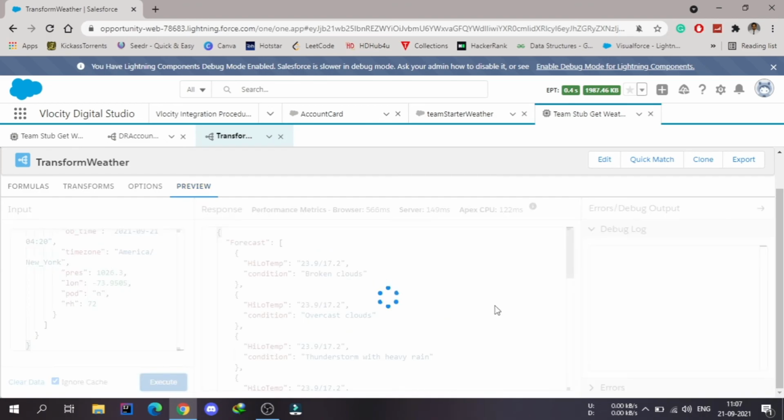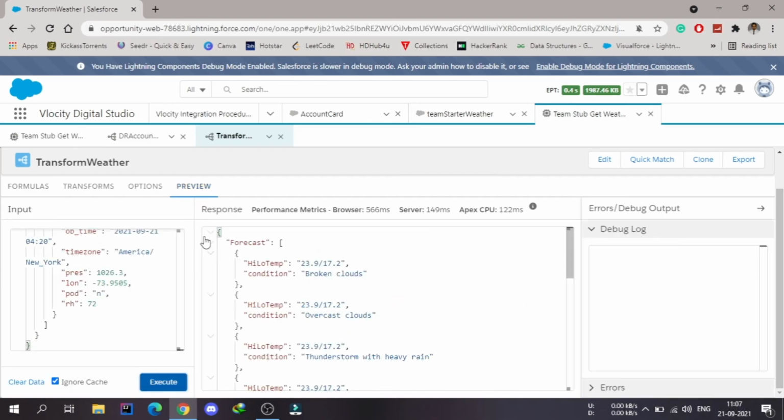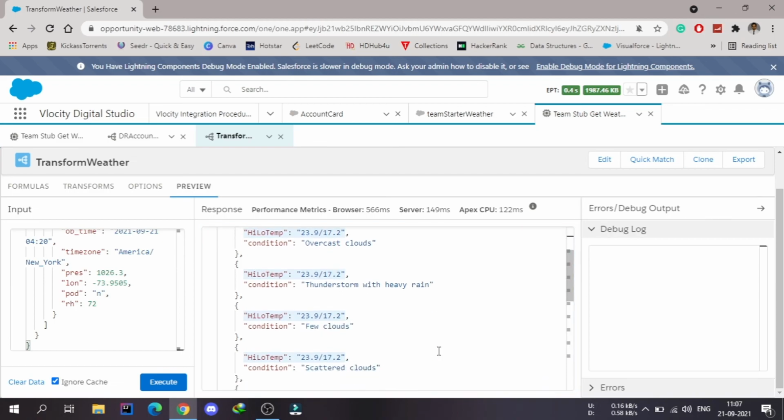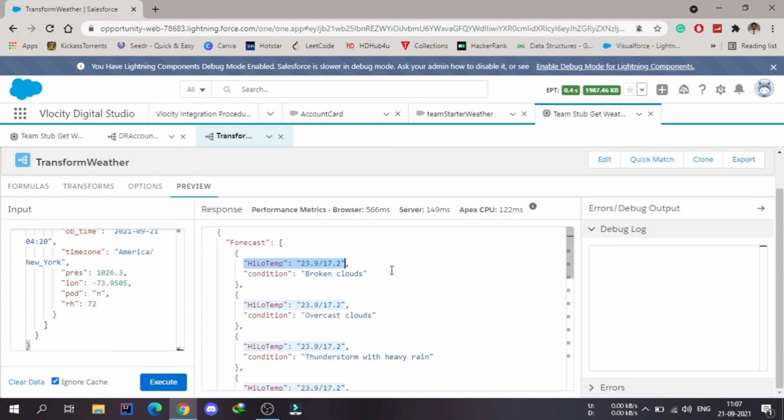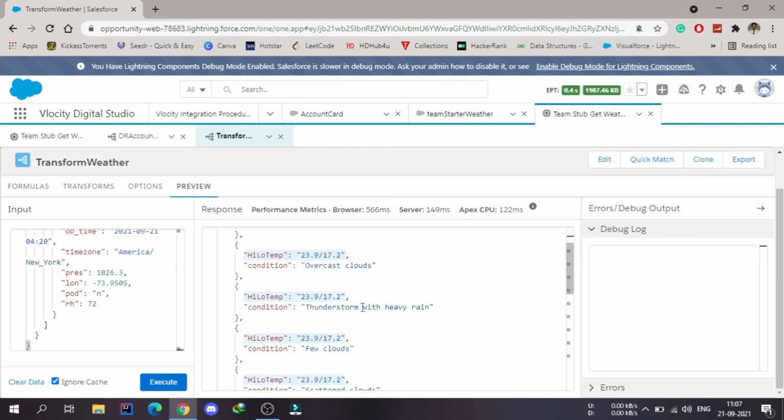So if I execute it again, you can see that the forecast is now changed to the list. But one thing you will notice, that this high low temperature is the same everywhere, because we are transforming only the first data of the list, but this condition is changed for all of these. Here we can see broken clouds, overcast, thunderstorm.